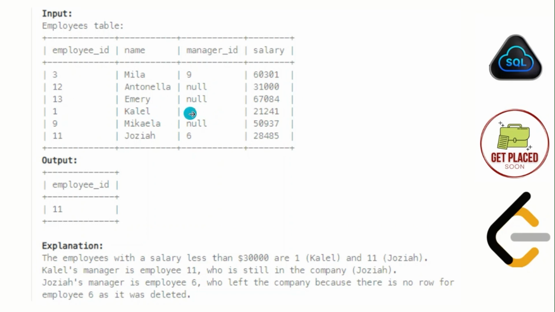Now we want to check if this employee's manager, that is the 11th guy, is present or not. So we'll check if 11 is present in employee ID or not. 11 is actually present. So we skip this. Now again checking 30,000 salary, 50,000 is more, and we have 28,000 something. So this is again less than $30,000. Now we will check for Georgia. We'll check if his manager is present or not. So the manager ID is 6. We'll go to the employee ID column and check for the 6. There is no 6. So Georgia is a person who is earning less than $30,000 a month, and also his